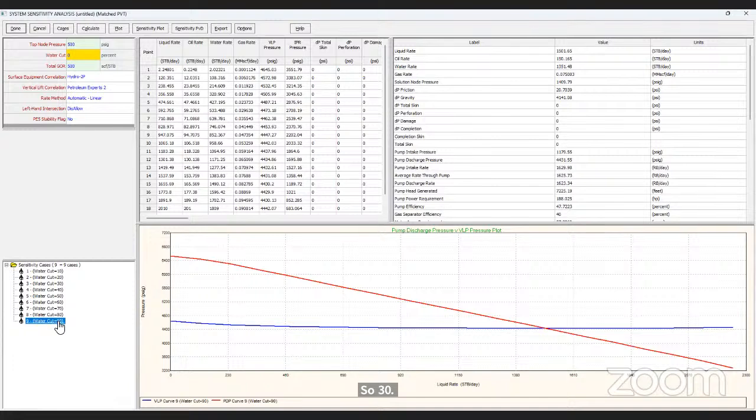Here I could reach, with this 90% water cut, my target rate, which is 1,500 barrels of oil at 90% water cut. Before installing the ESP, I couldn't reach any production at a water cut between 20 and 30%. So here I can calculate